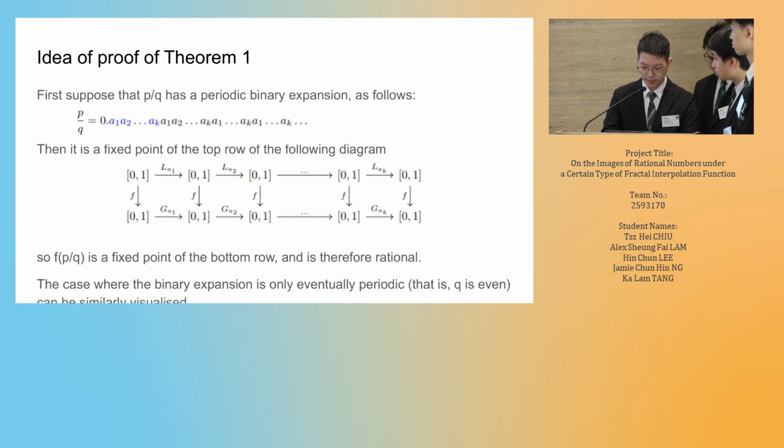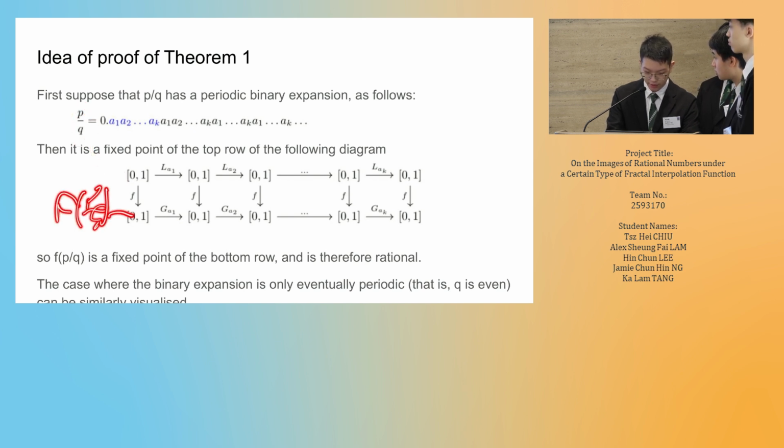Now, why is that? Because these L0 and L1 can be thought of as adding a 0 or a 1 respectively onto this initial bit of the binary expansion. So after you keep adding zeros and ones, where you have a1 and equal to 0 or 1, then it's going to be a fixed point because it's periodic. So then, therefore, P over Q is a fixed point of this top row, and so F of P over